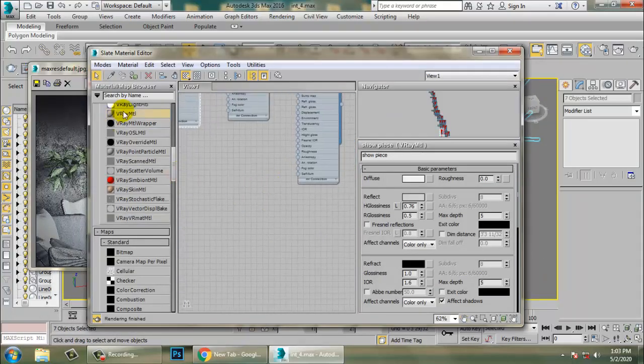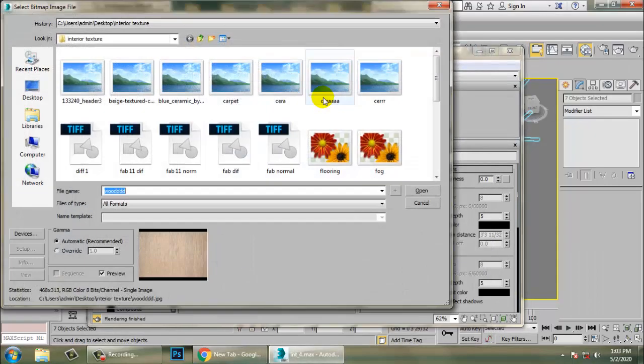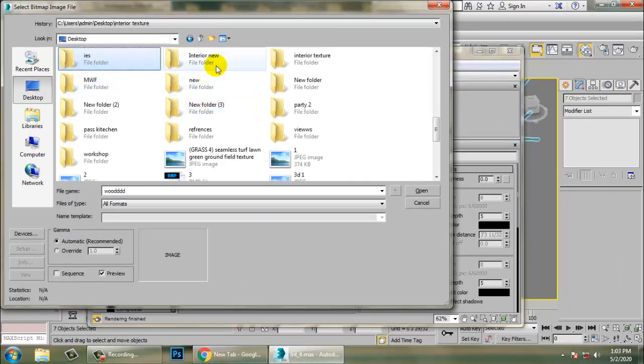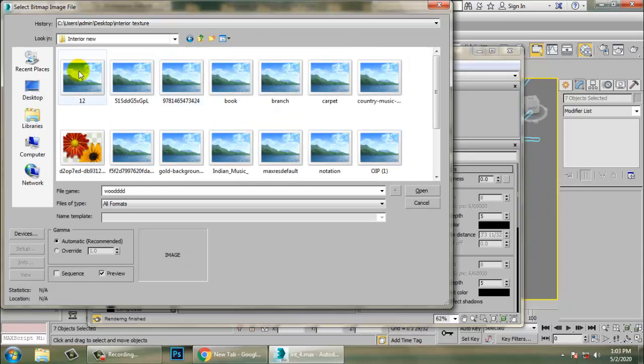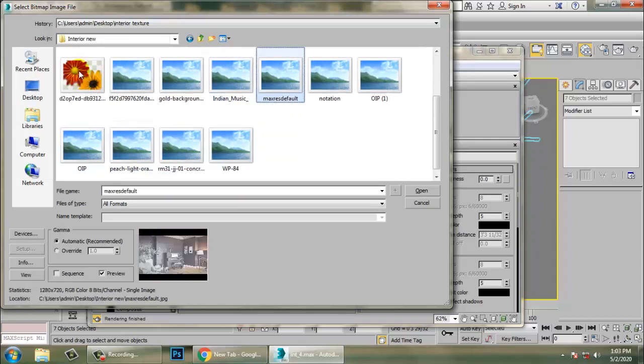Let's take a V-Ray material over here. Take a diffuse over here, bitmap and interior new. So we have taken a branch texture over here.